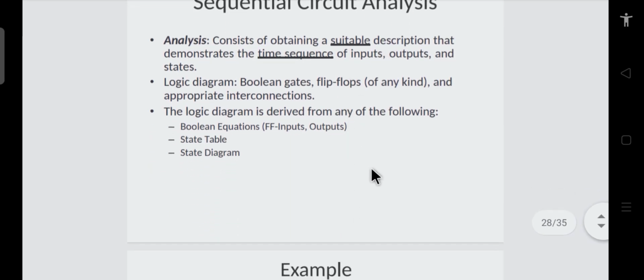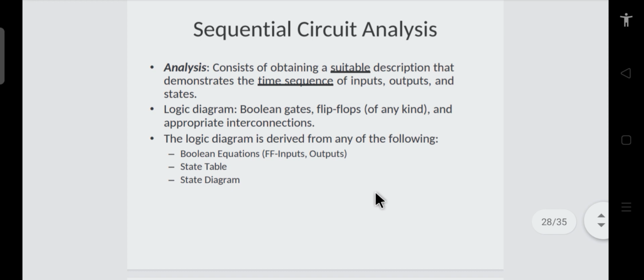Now let us move on to the analysis of the sequential circuits. Whenever we have to analyze sequential circuits, we may have to start from the logic diagram, and we may require its state diagram and the state table later on. But it may also be possible that we have the state diagram. If the problem is described in words, then we can draw its state diagram very easily. And this particular thing we will use in our counter designs as well.